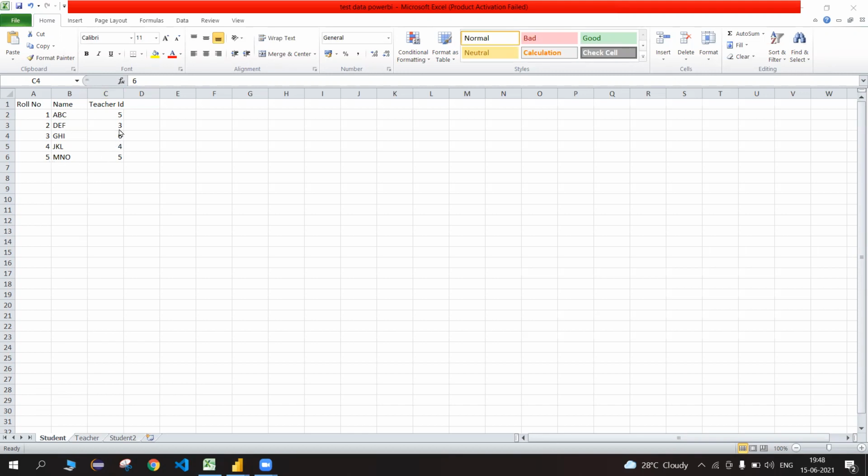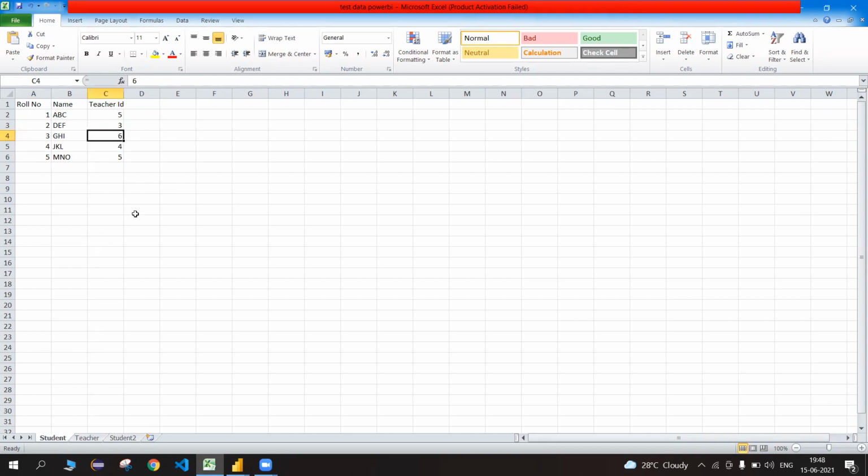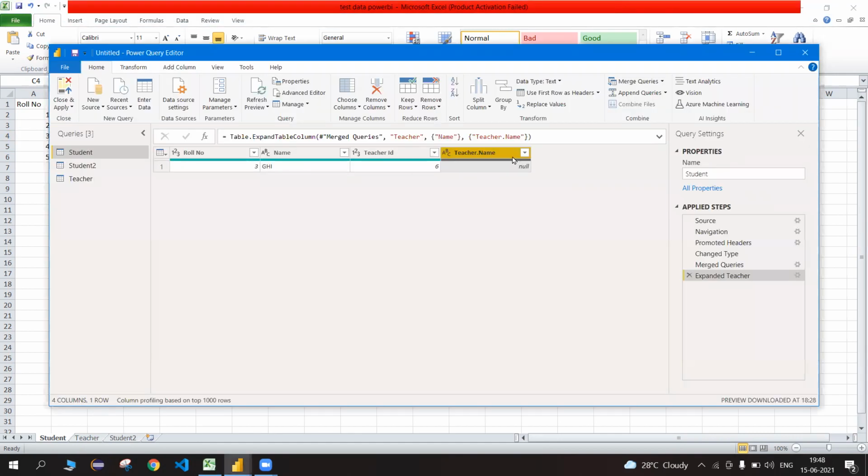So if you see here teacher ID is 6 in this table, but when I go back to the teacher table, there isn't any ID over here for 6. So teacher ID 6 is only available in the student table. It isn't available in the teacher table. So in the left anti, we have only data that is available in the student table, in the left table.